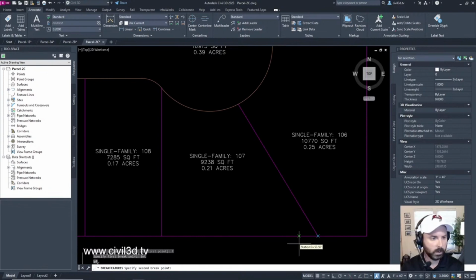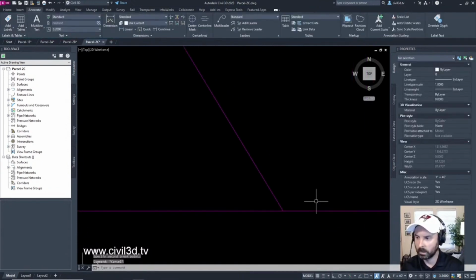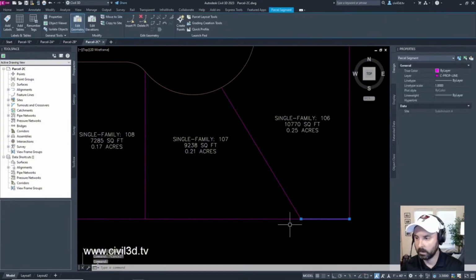And the second break point, if I just press enter, there we go. So I didn't even have to specify a second breakpoint.